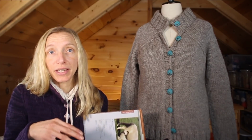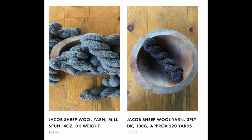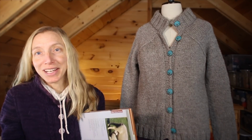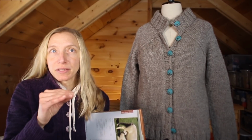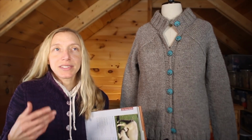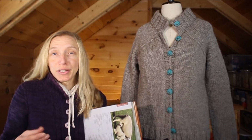So right now on their website, they have this beautiful gray, just like a light gray. They also have a kind of lilac-y brown color. These are natural colors, a little bit like Shetland has a bunch of different natural colors in their sheep. Alpaca have a bunch of different natural colors. Jacob have these 4 main colors, and you can do blends of them. So there's just a lot of different play that you can do with Jacob fleece and yarn to create a